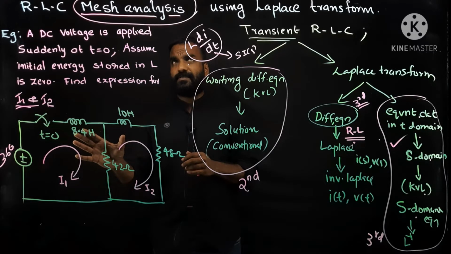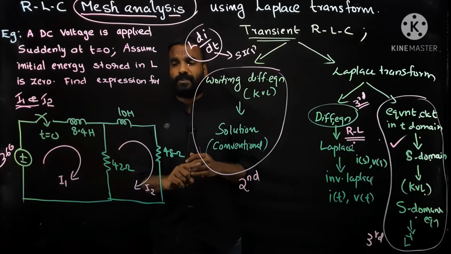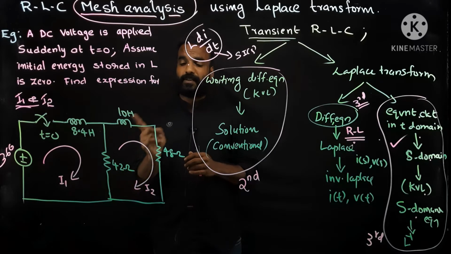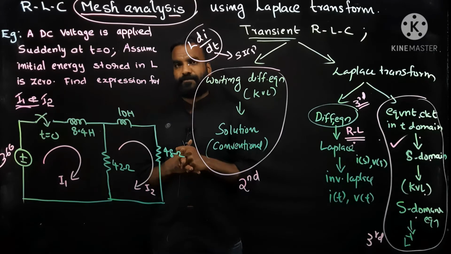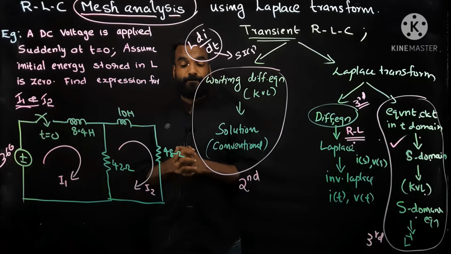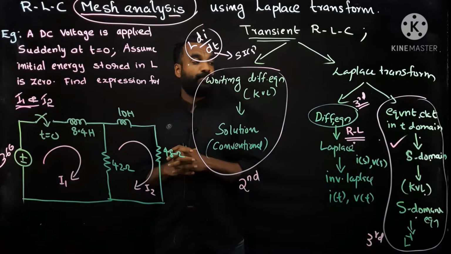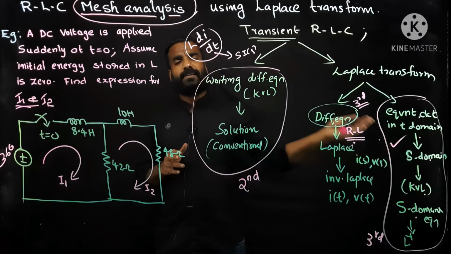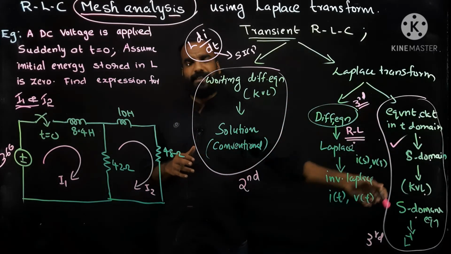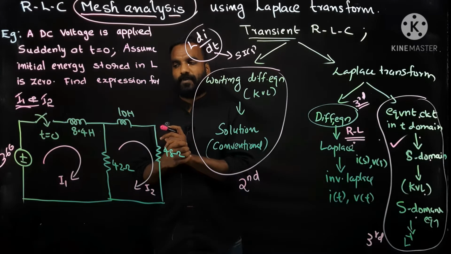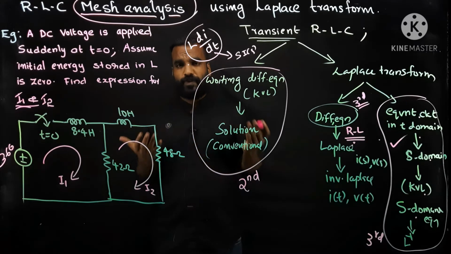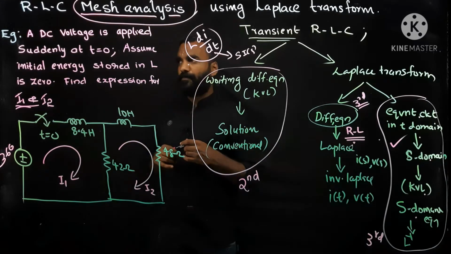I think it's a 3-loop question. There is a 3-loop question. You have to find I1, I2, I3, like that. So this is an important area. And mesh analysis, everything that you learned in the previous section is the same, but you should be careful about mesh analysis. Okay, so I am directly moving into the problem.